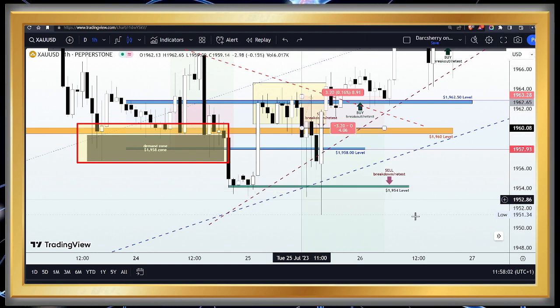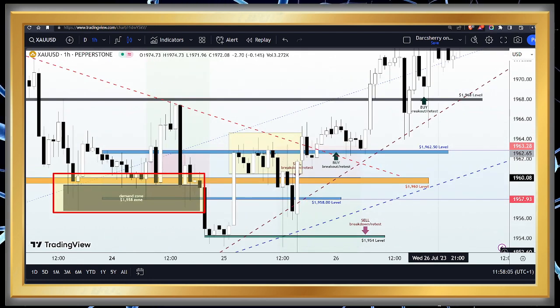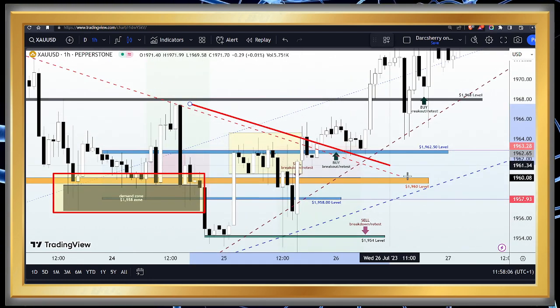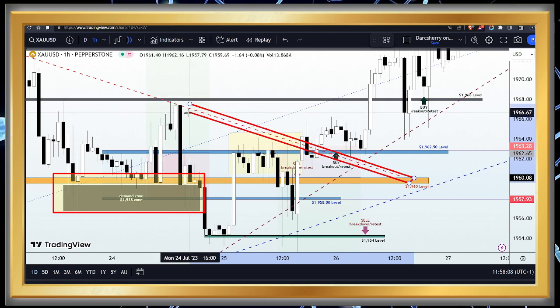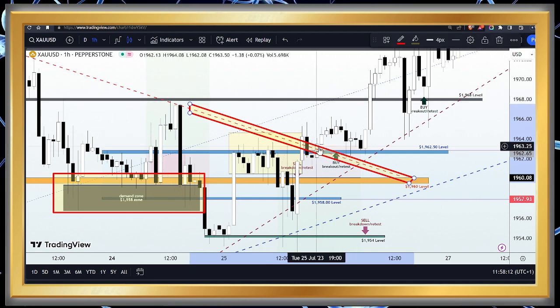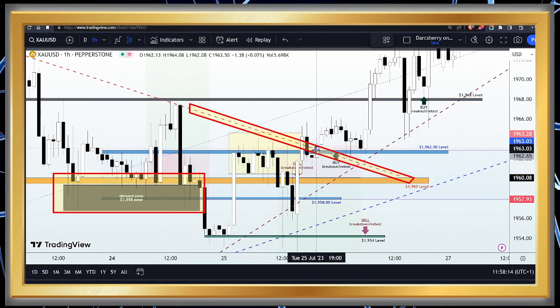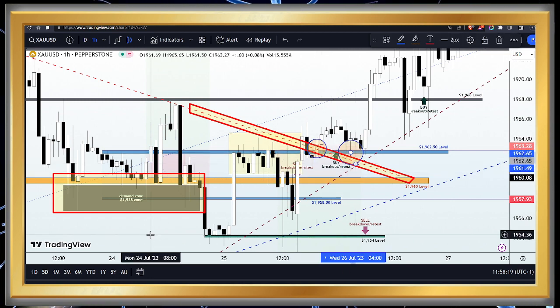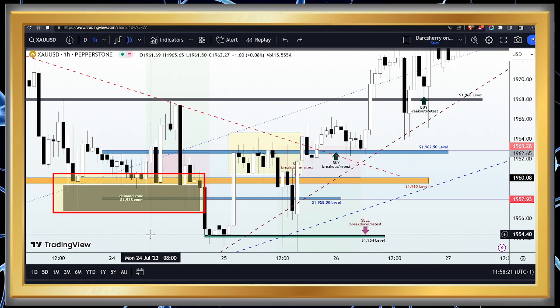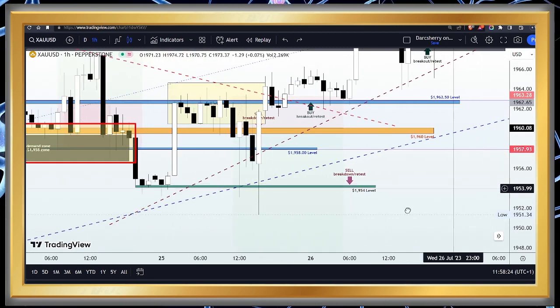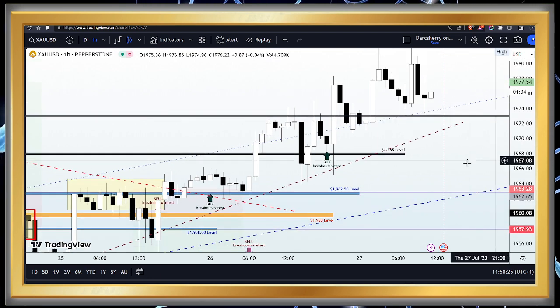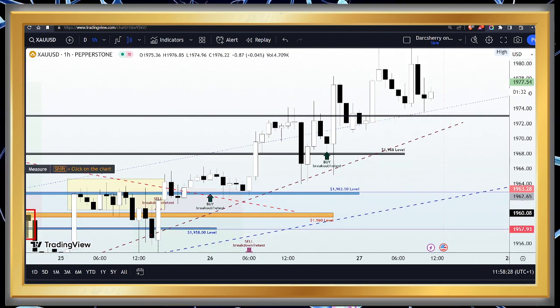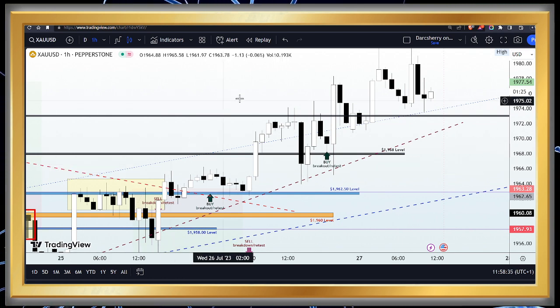And you know what we said, that a breakout of that descending trend line and a retest of it will confirm an opportunity to buy. And look at what happened here on Tuesday. We saw the breakout happen. Price came back to retest the 1962, and since that moment we have been buying the XAUUSD all the way to the upside. So for those who are part of this profitable journey, well done, and kudos to you for being on standby to buy and still staying in the position.